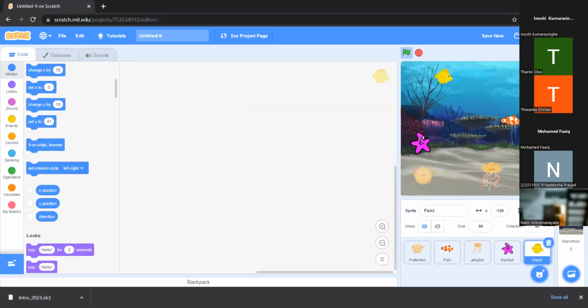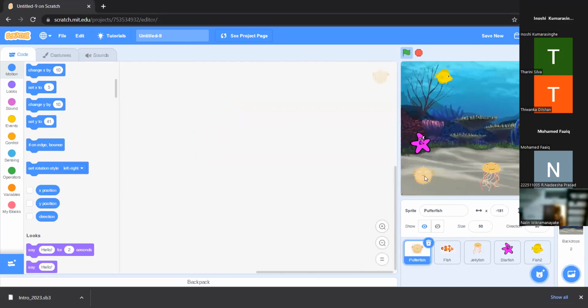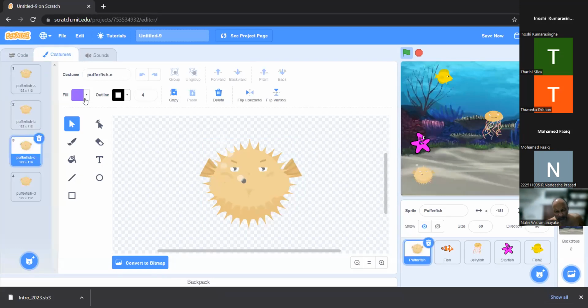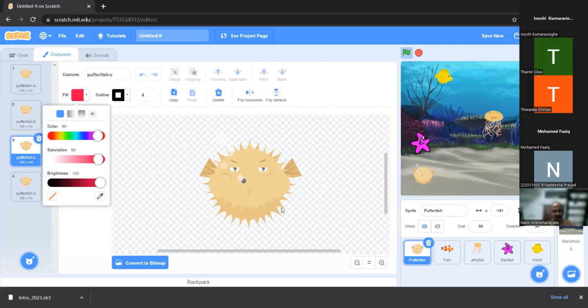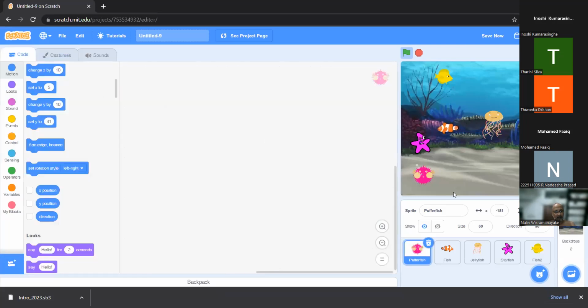I think I don't have to do it, right? Then I'm going to code for the puffer fish. So the puffer fish, let's say,